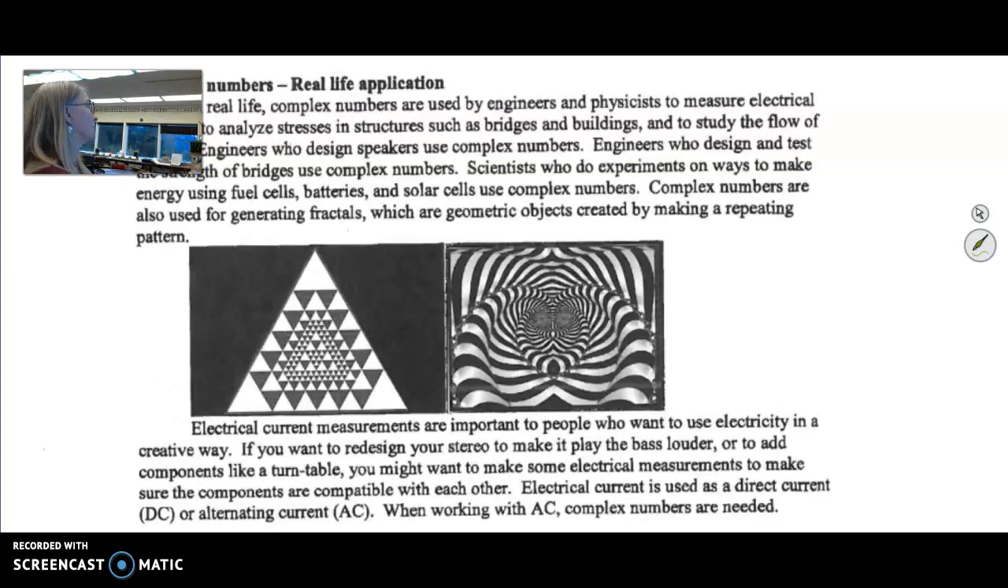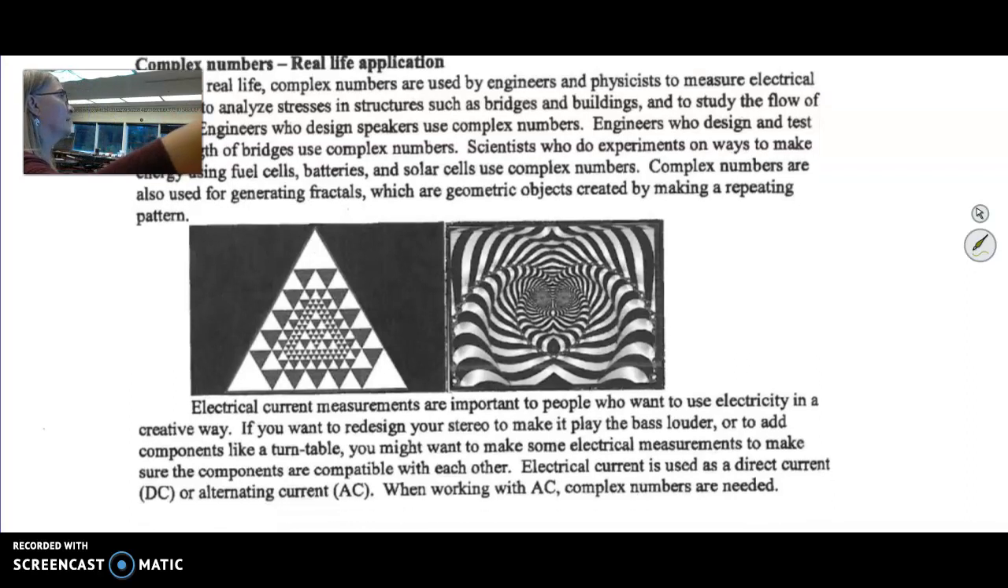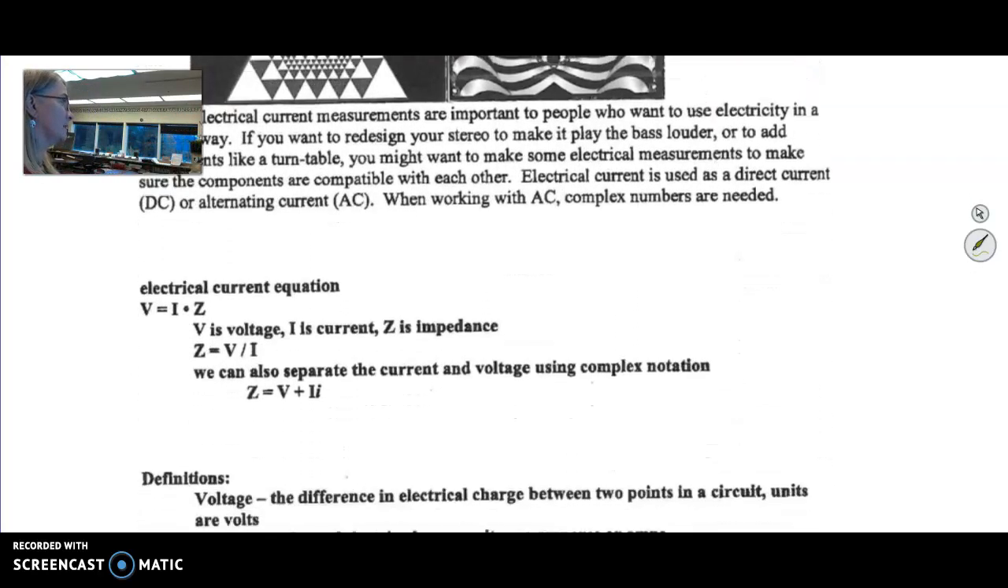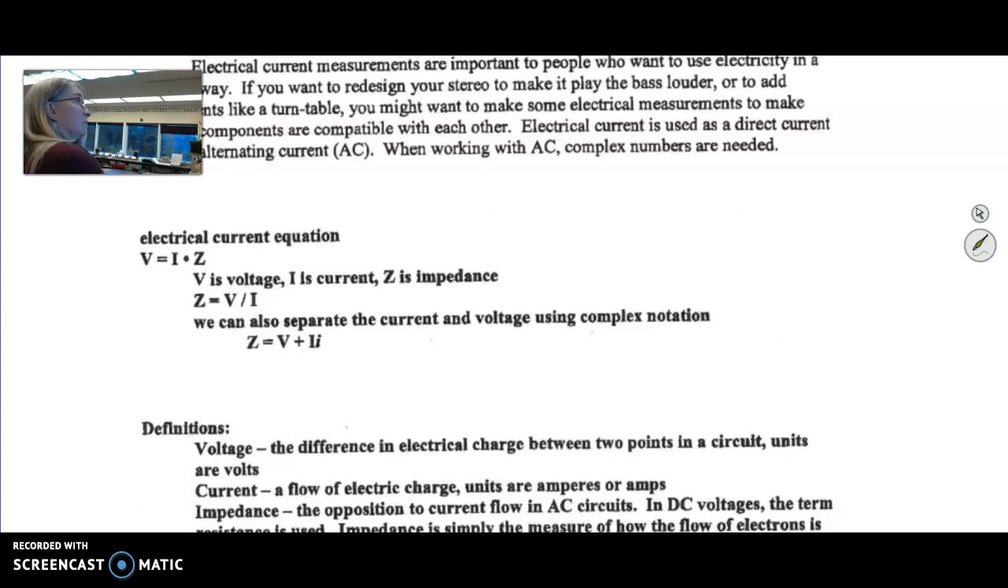Right now I want you to go to this page in your notes, complex numbers and their real life application. So you guys can read through where they're used in real life, and then we're going to go through an example of where they're used. Alternating current in electronics, electricity, requires complex numbers to do the calculations. So an electrical current equation,